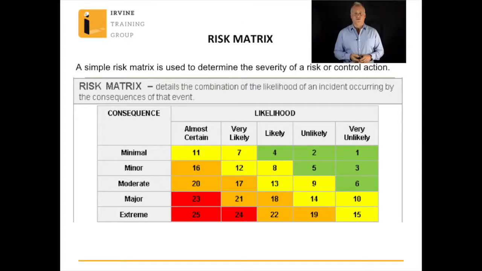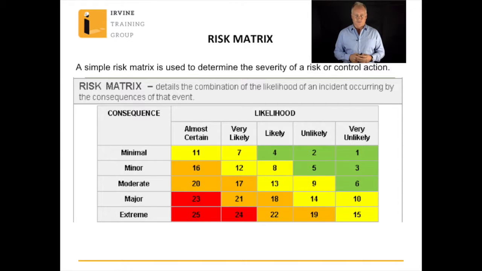Now these are some samples of a risk matrix, and we'll go through these in detail on your slide. There'll be a screen capture here where I'll do an exercise with these. But effectively, like anywhere else in life, red means danger, red means don't go there, and green means safer. Now you look on this slide here, this risk matrix, and it's used to determine the severity of a risk